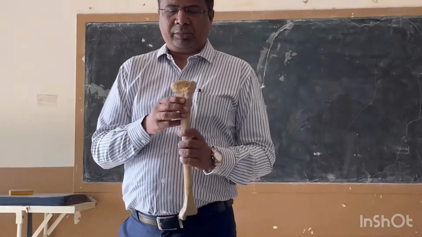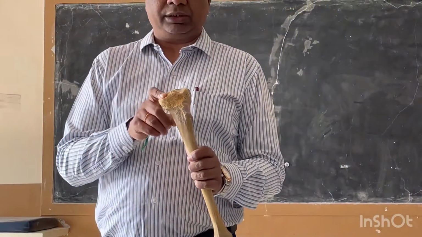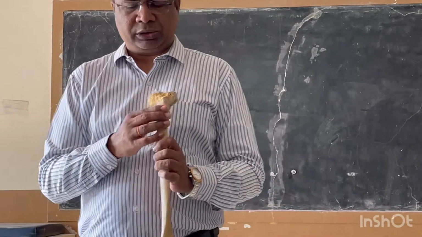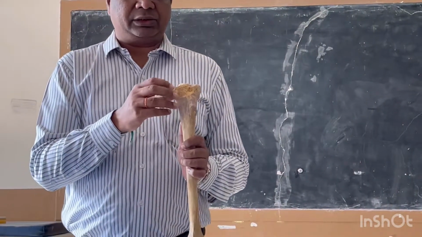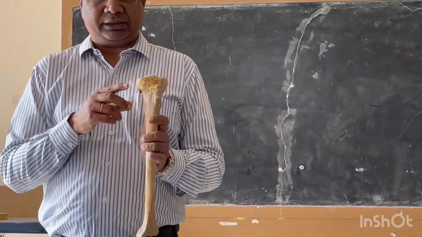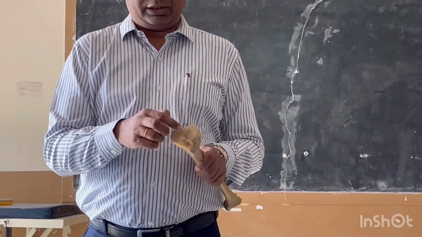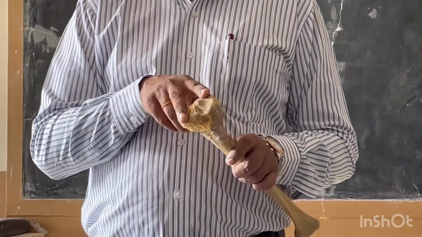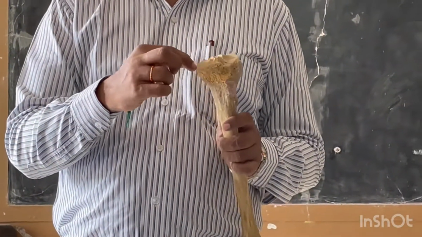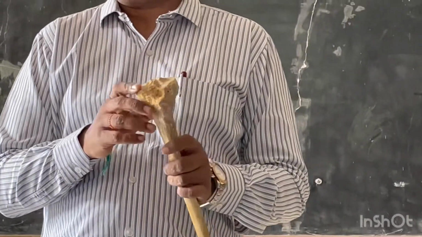The upper end of the tibia, as we have said, has two condyles, the medial condyle and the lateral condyle, the intercondylar area and the tibial tuberosity. The medial condyle is larger as compared to the lateral condyle, and each condyle has, you can see, a concavity here in the middle. This concavity is going to accommodate the femoral condyles. The peripheral part of the condyle is flat, which is going to accommodate the menisci.